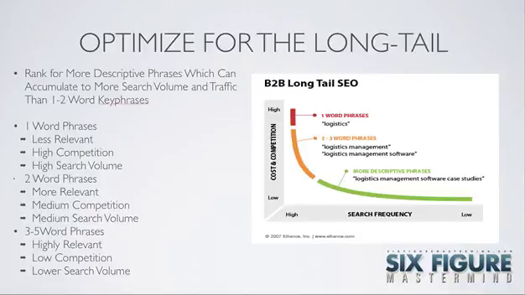Now, there are plenty of 2 to 3 word key phrases like logistics management software, and then even more descriptive phrases like logistic management software case study. If you were to add all of those long tail keywords, it actually adds up to more search volume than just your one word key phrase, and there's usually less competition. So trying to find those longer tail keywords can make you rank much faster. Over time, if you aggregate all of the long tail phrases that you're ranking for, it can equal a lot more traffic than just a one word phrase, which are harder to rank for.